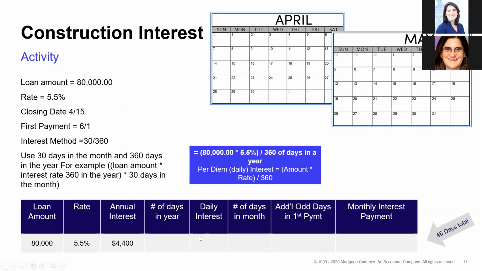So for instance, most construction lines, and the question really isn't just if they get one draw in the middle of the month, right? It's probably, what if they have multiple draws in the month? So let's say they draw $1,000 on May 6th and $1,000 on May 9th, then you're going to end up charging them, what, 33 days for the $2,000, this plus this, right?